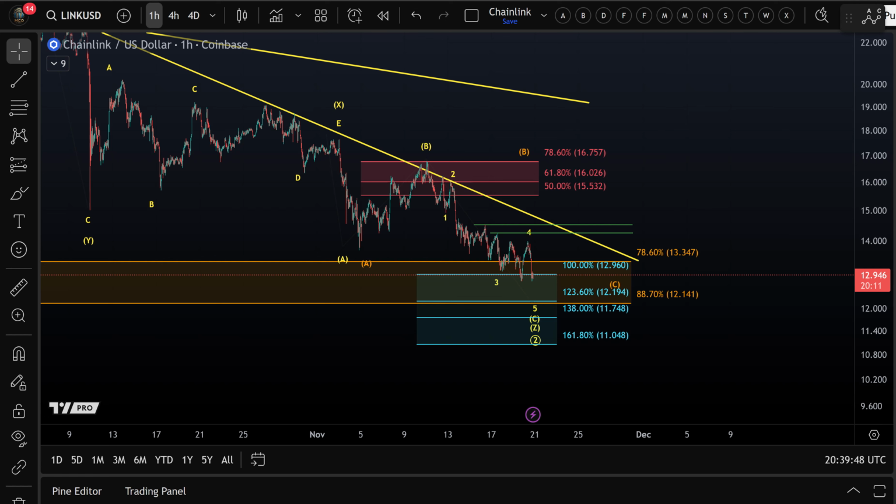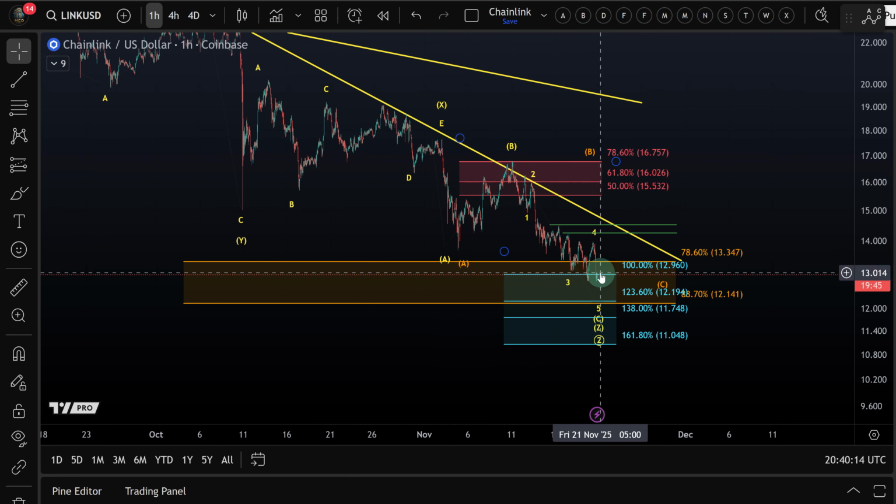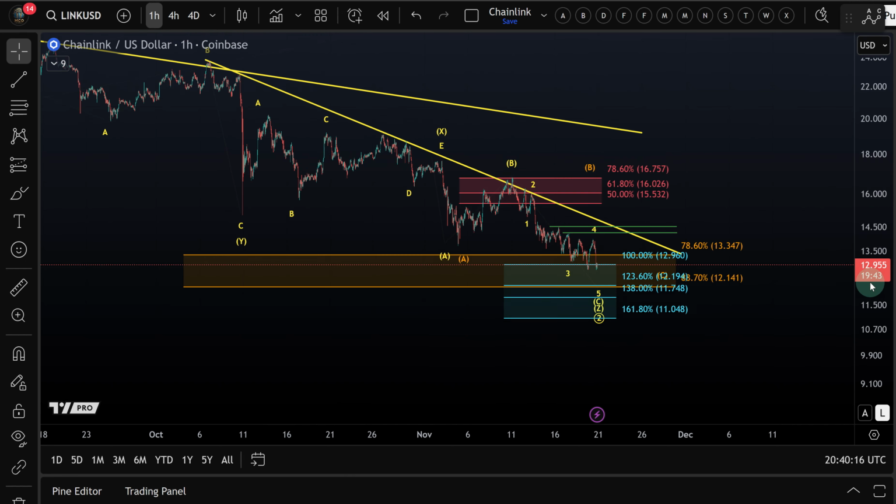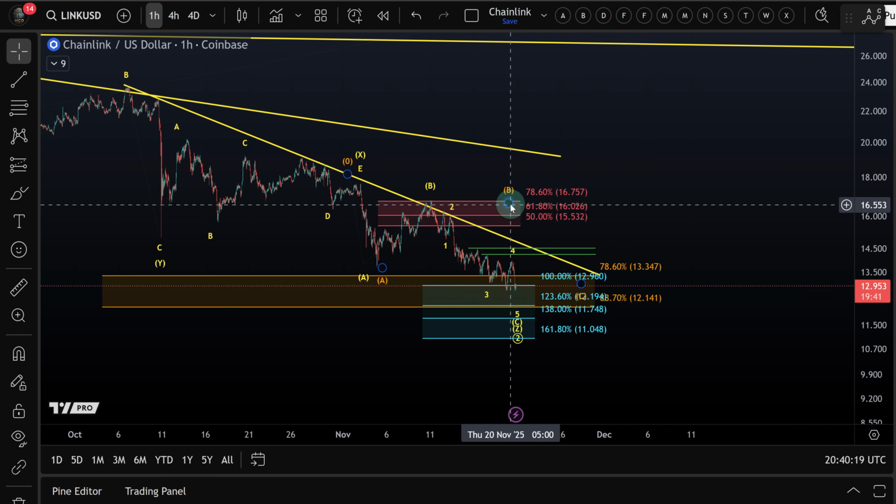I'm currently tracking here on the Chainlink chart still the late stages, possibly, of a wave 2 correction, which is in line with my analysis of the Bitcoin chart and the blue scenario on the Bitcoin chart. So we'll see if it actually plays out. I'm not too confident in it. I have to say this is a 1-2 setup I'm tracking, but there are many other pathways that could play out here. The main takeaway is there isn't really any confirmed low until we get a proper 5-wave move to the